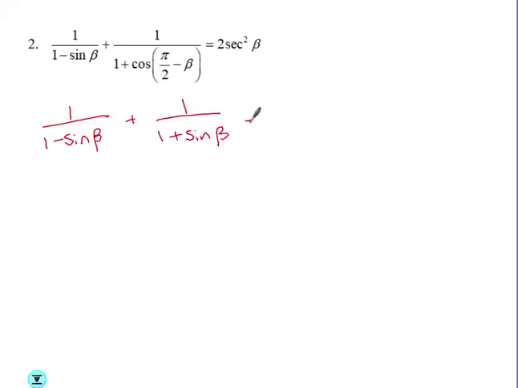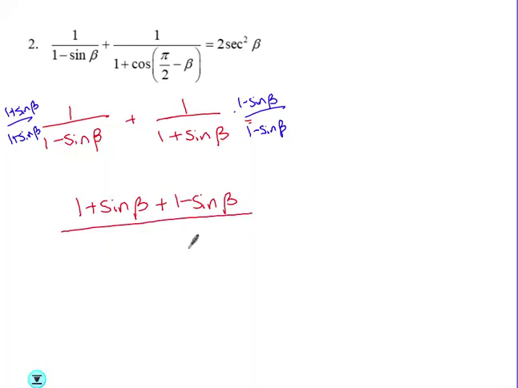Then, since I have two fractions, I'm going to go ahead and get a common denominator. So I'm going to multiply this first fraction by 1 plus sine of beta over 1 plus sine of beta. Multiply the second fraction by 1 minus sine of beta over 1 minus sine beta. So then I have 1 plus sine of beta, I'm going to go ahead and combine these, plus 1 minus sine beta over,